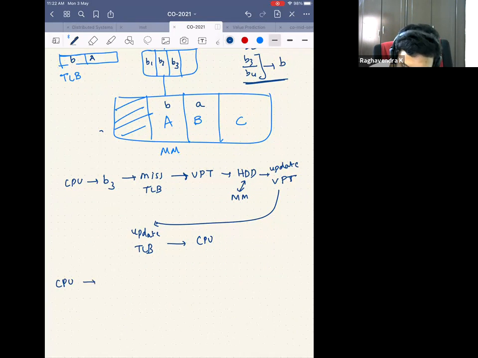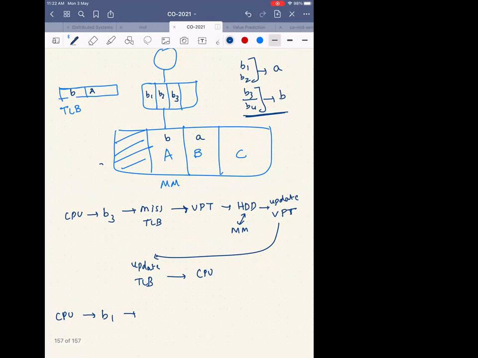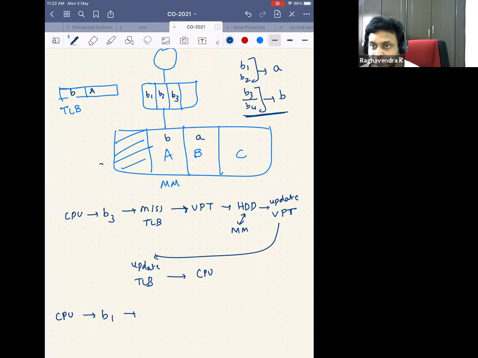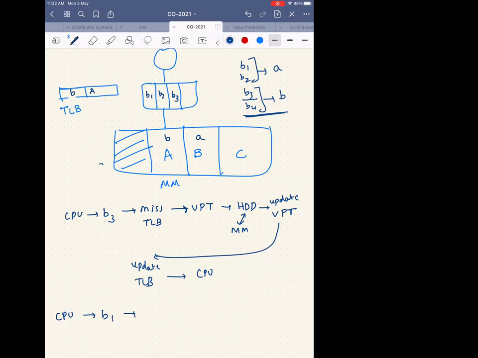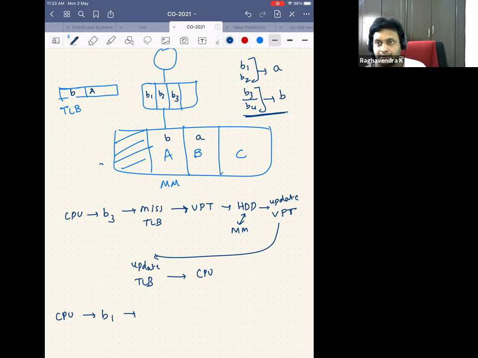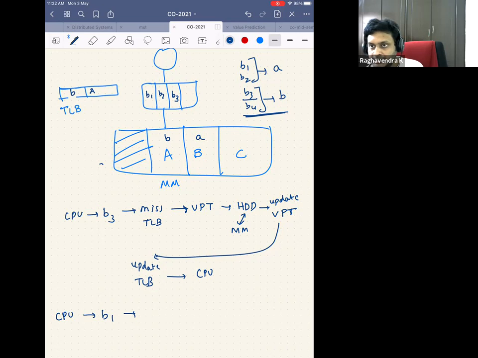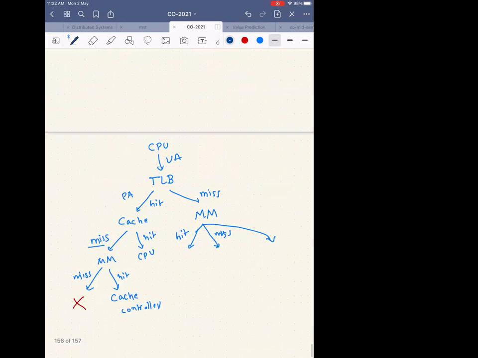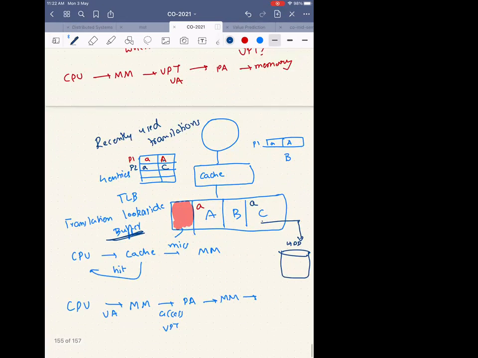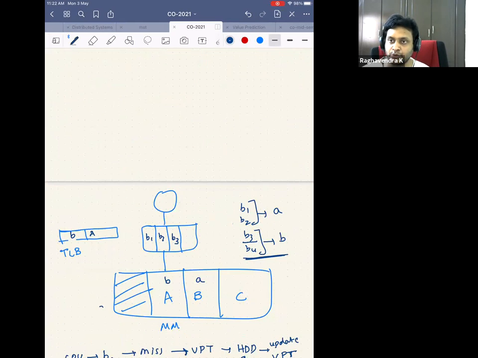Now when the CPU generates an address B1, is it a hit or a miss? There should also be another entry, right, in the TLB? No, the TLB is a hardware structure. There's only one entry that I am allowing. How can I grow the TLB? You should never forget that the TLB is a hardware structure. The virtual page table is a data structure. Here I had 4 entries, but now I am a very dumb person, so I have only 1 entry. I somehow designed this hardware so that it has only 1 entry.